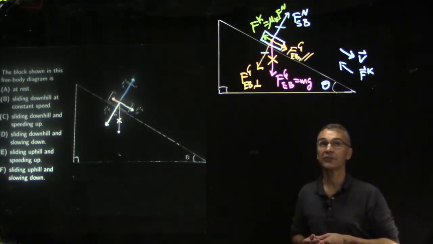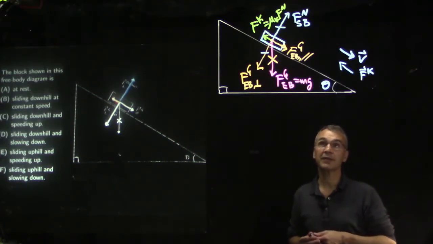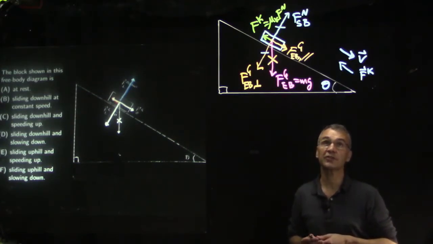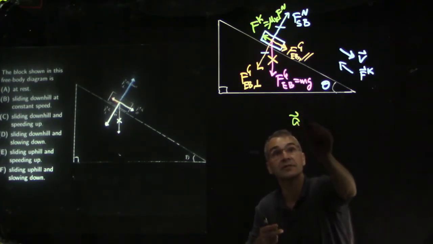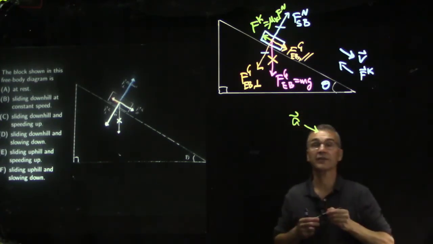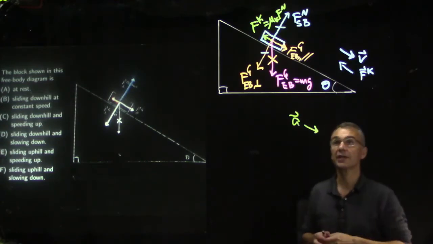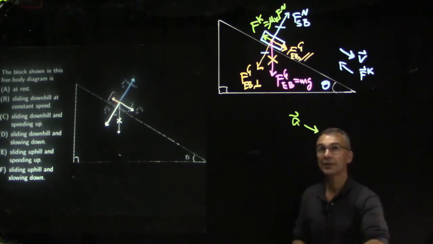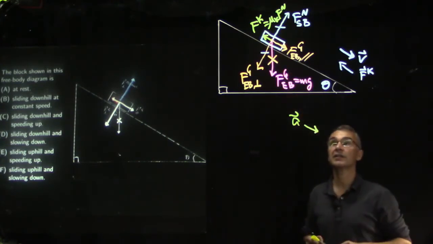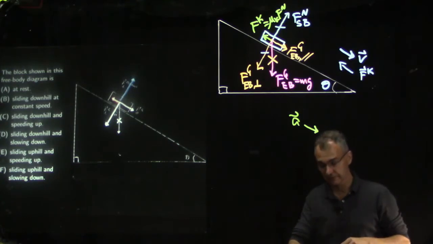So the velocity vector seems to point downhill. And yet, if you look at the balance of forces, the acceleration seems to be downhill, because the downhill component of gravity is bigger in magnitude than the kinetic friction, which points uphill. So I would say it's moving downhill and it's speeding up, since its acceleration points downhill and